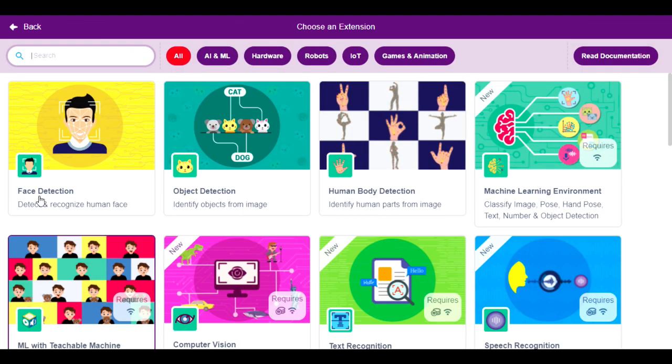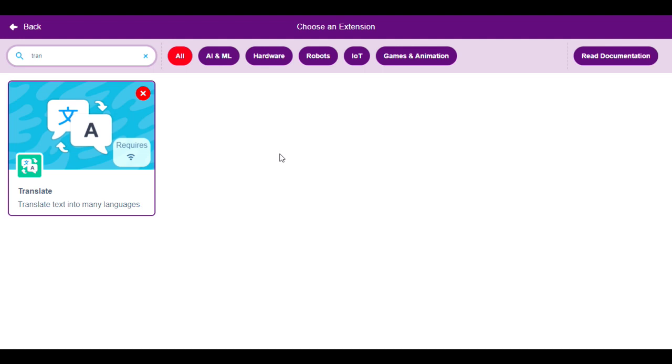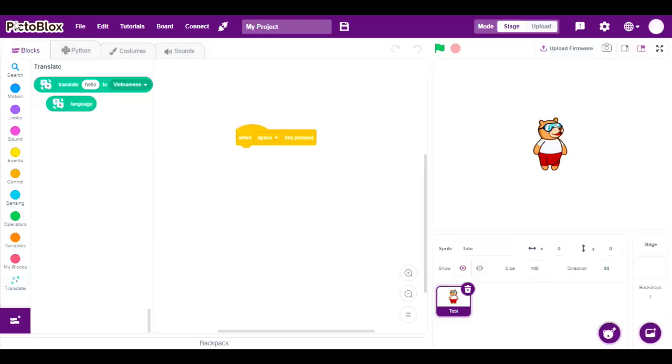And as you can see, the translate requires Wi-Fi. Okay, we will only be using the translate hello to and others. So when space key pressed,